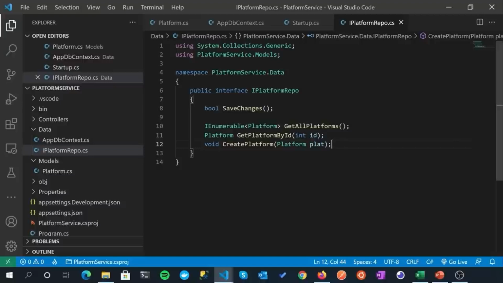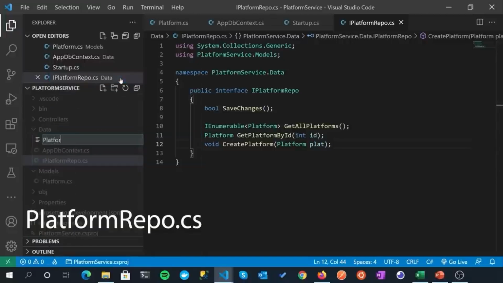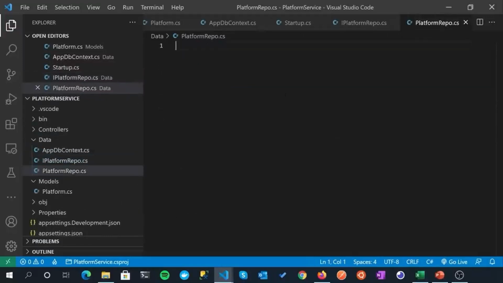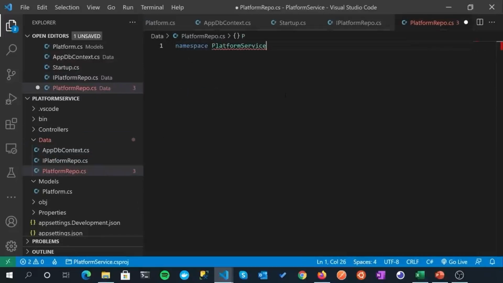And now what we need to do is build out an implementation class of this interface. So we'll do that now. Again, in data, right click, new file, and we'll just call this platform repo.cs. So over here in namespace, create namespace, and we'll call platform service, data, fantastic.